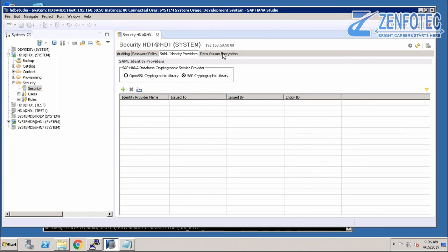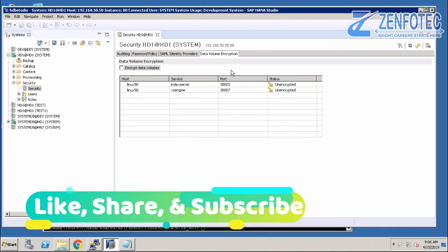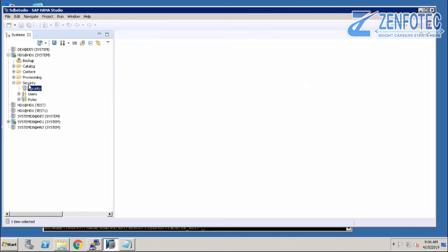Okay, data volume encryption, so you can encrypt the data volumes. So at the OS level, nobody will access your data if it is encrypted. So those things we have. I will cover that security part, users and roles creation. Clear this one?